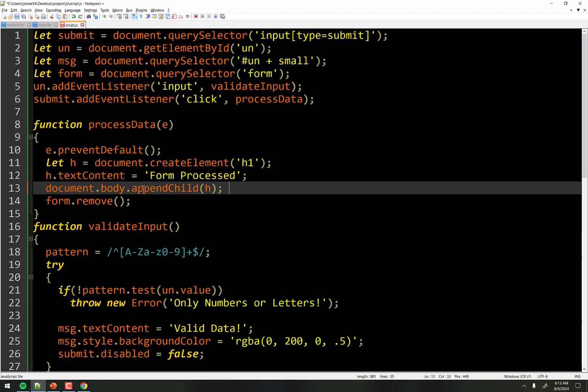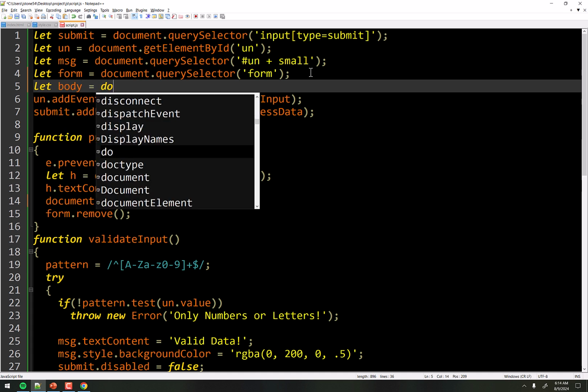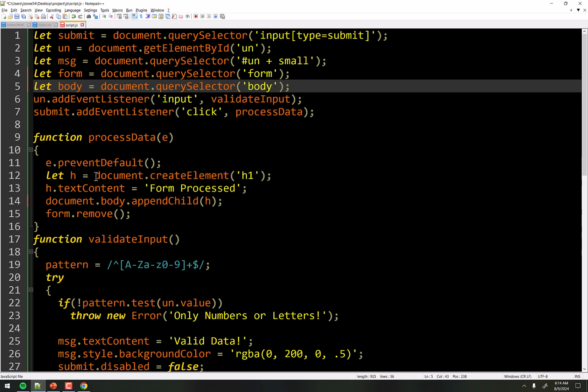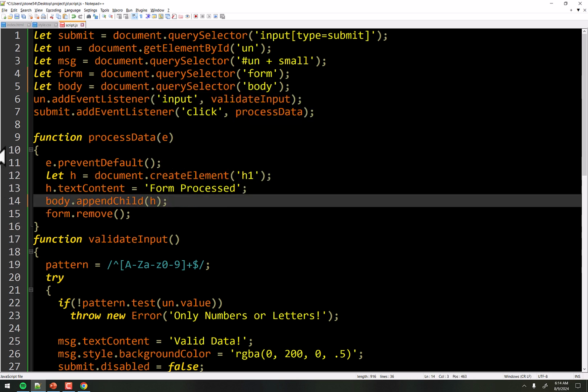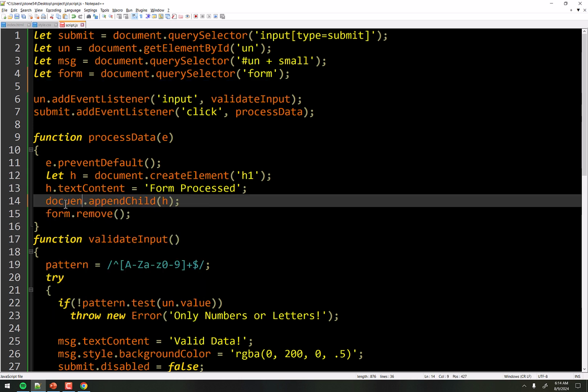Now, as I mentioned, this document.body here, we could have done what we've done before just to clear anything up here. Let body equal document.querySelector body, right? And then down here we would just call body or whatever we call this, right? So I just want to let you know this is the same thing that we've done in the past, but we can save a step by not having to bother doing that and just calling it directly, document.body. So document.body, and then we appendChild. So we append h to that.